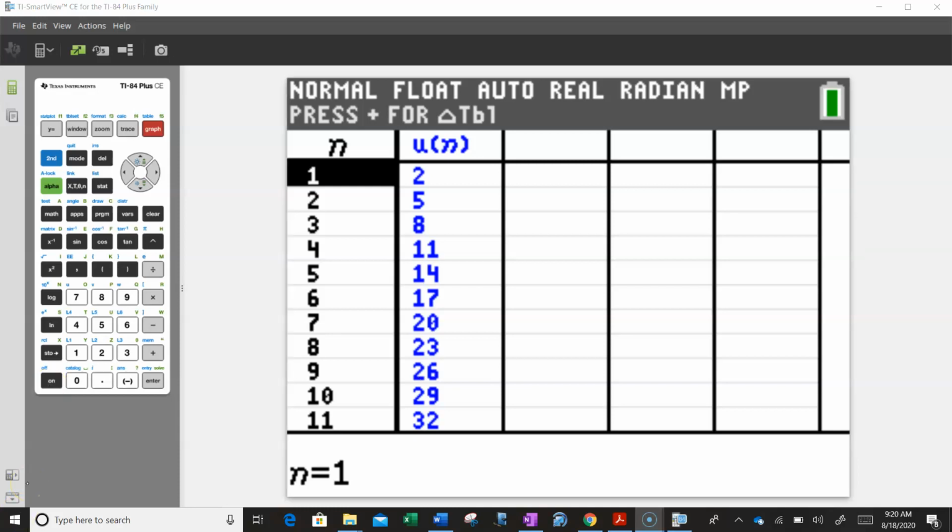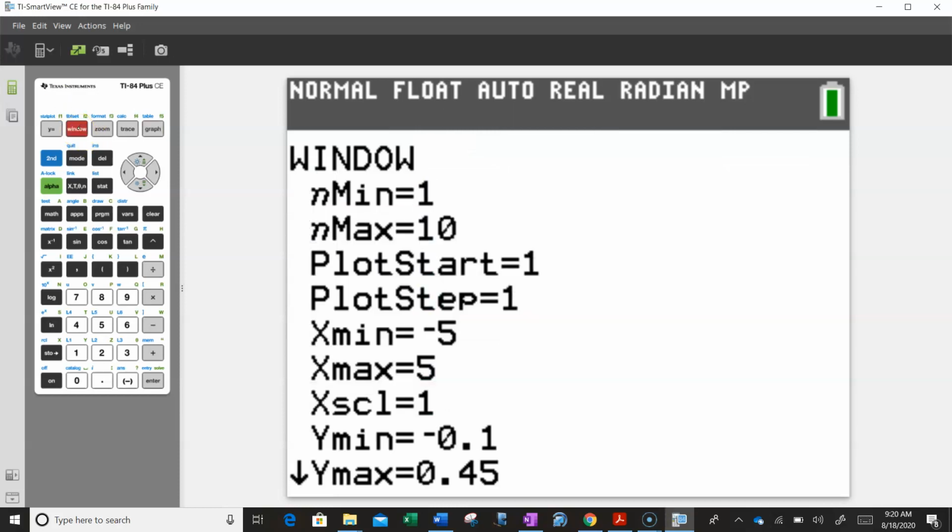Remember, if you're going to graph it, your calculator is going to show you what you wanted to see. So you may want to go to your window first and set it up. So maybe I want to see the first 10. So I'd say nmin 1, nmax 10, plot start at 1, plot step at 1. But then I'd probably want to fix these down here. My xmin, I'm just going to make -1. That way I can still see my y-axis. But my xmax, I might make 11. That way I can see the first 10